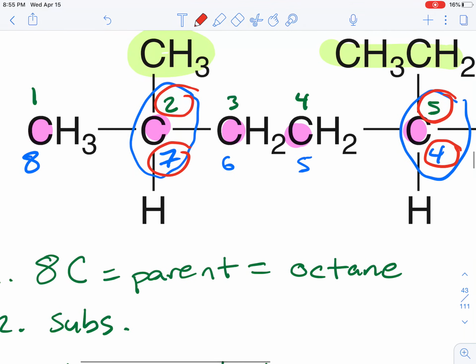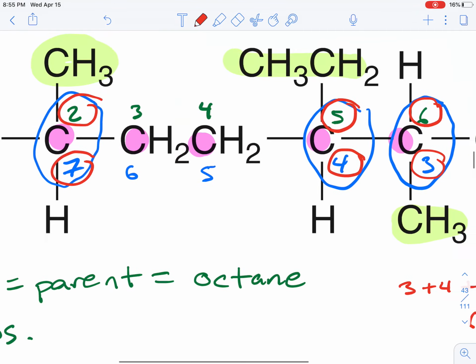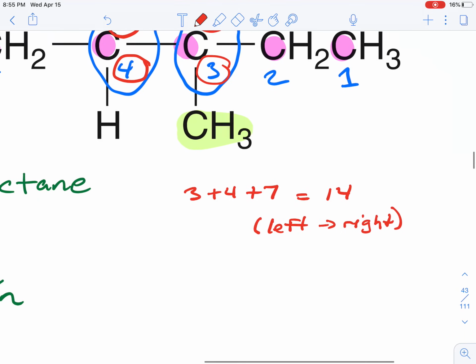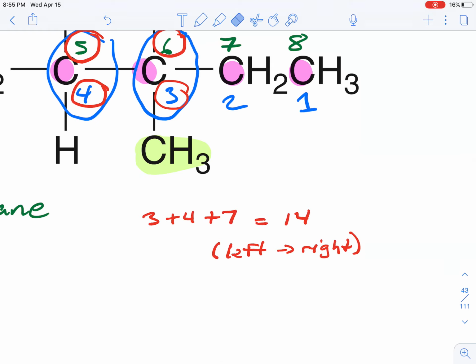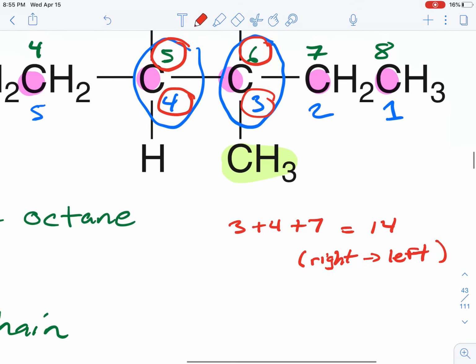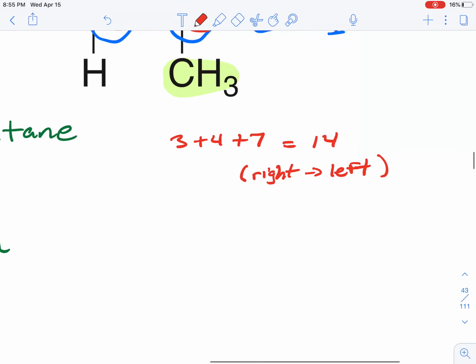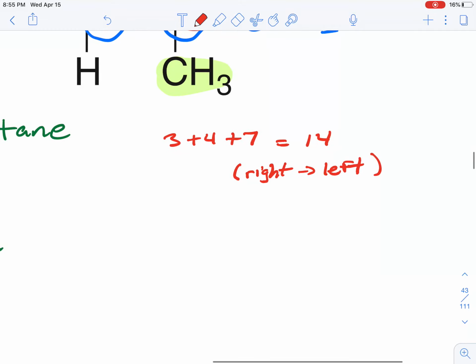So if I go from left to right, I'm following the green numbers. And let me switch these two, I apologize. So this is from right to left. Now if I'm going from left to right,